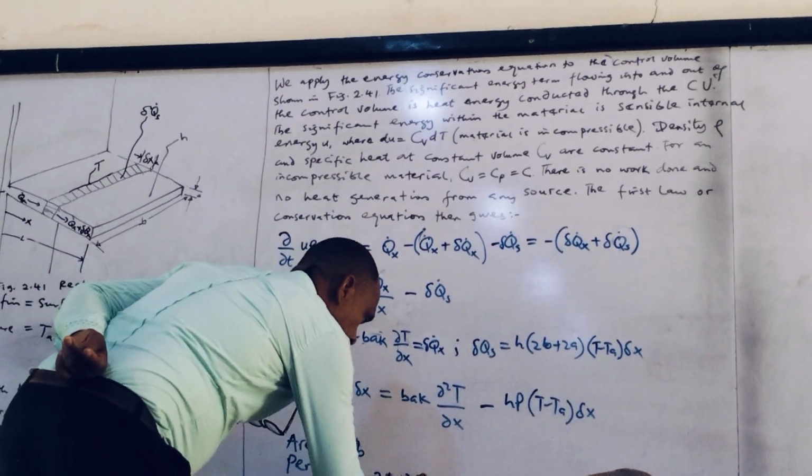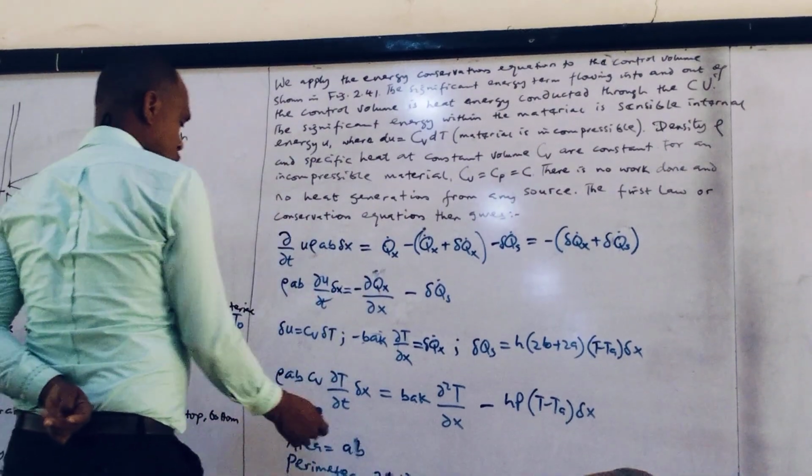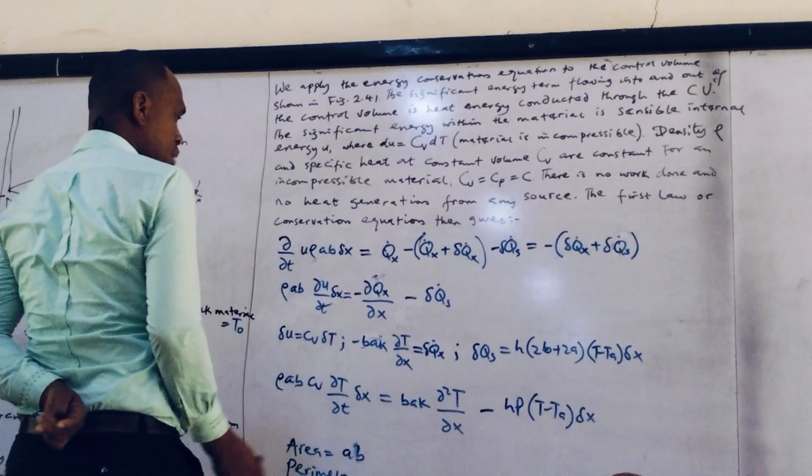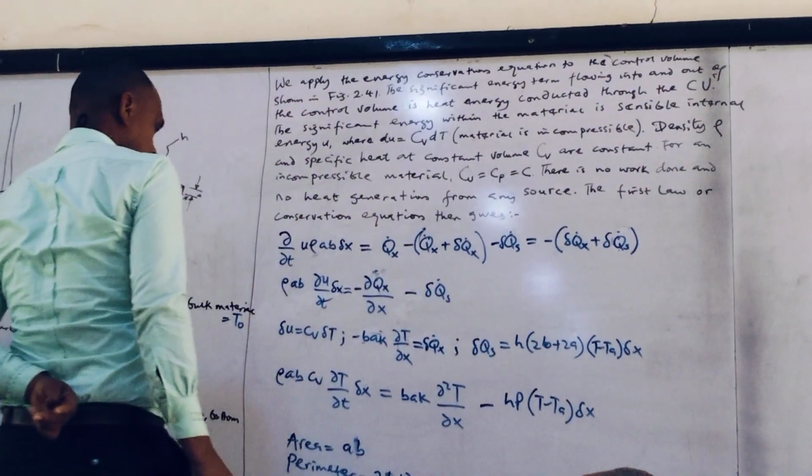So, of course, A is too small as compared to B. So this is the perimeter. That's from A. That's the perimeter. Which finally should be